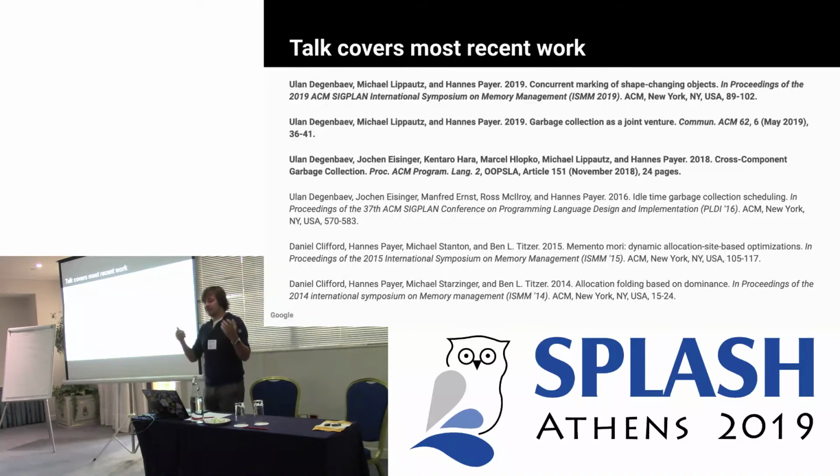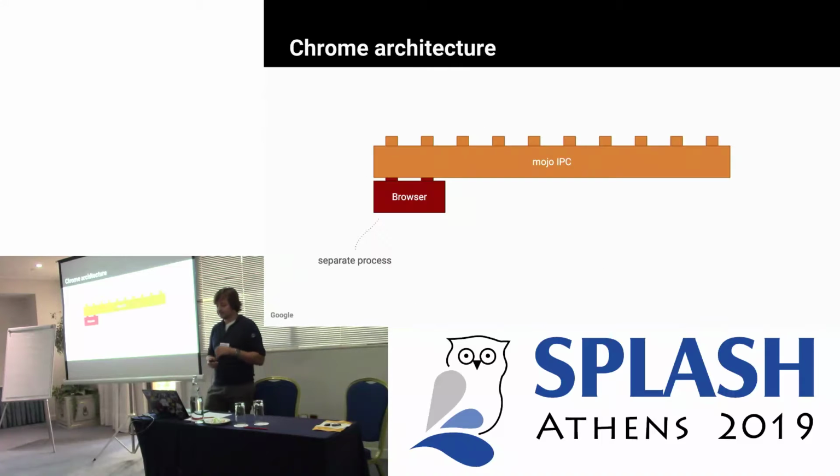And to give you something to hold on to, I want to provide an overview of Chrome's architecture and how all these things fit together, and then cherry pick one example, because there are many examples of optimizations on JavaScript. I want to pick one of these optimizations, and then we can dive into that one and get a closer look at what's going on there. So zooming out completely,